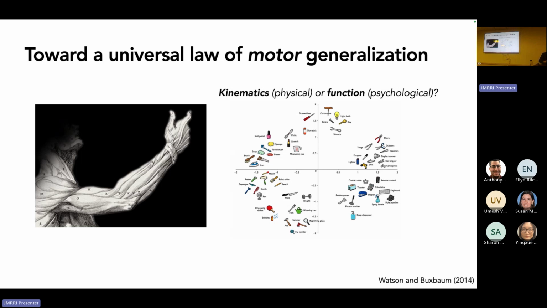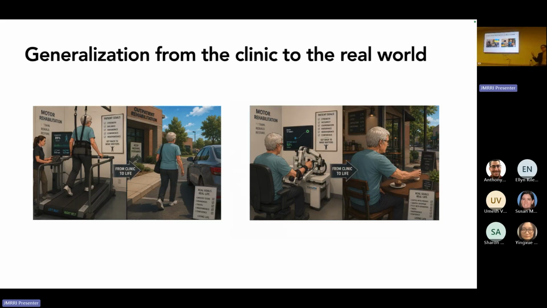And ultimately, I do basic research. We only occasionally work with people with neurological disorders, but the holy grail, I guess, is getting this generalization from the clinic to the real world, right? You bring in an individual who's going through rehab in the lab, right? They can see improvements, but then classically, when they go back home, you don't see that generalization transfer, right? And so I think, at least in my world, these basic science things are aimed at seeking to get this to work, right?